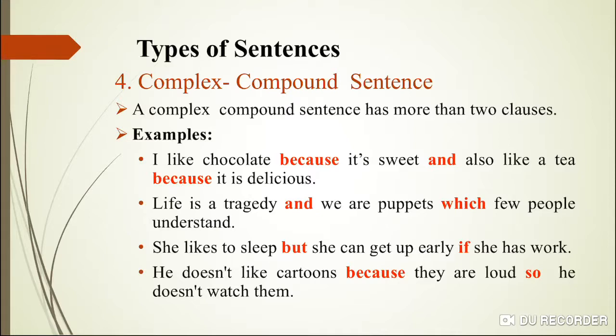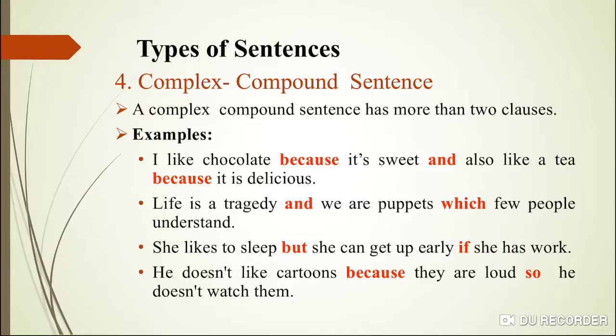इसमें complex का conjunction भी इस्तेमाल होगा, compound का conjunction भी इस्तेमाल होगा. But इसकी मज़े की बात ये होगी कि इसमें क्या होगा, we will have one main clause and the rest of the clauses would give the meaning of or would associate with the meaning of the main clause. I like chocolate because it is sweet and also like tea because it is delicious. Life is a tragedy and we are puppets which few people understand. You can see